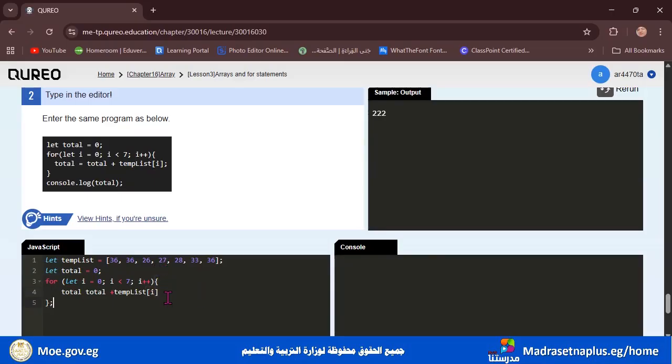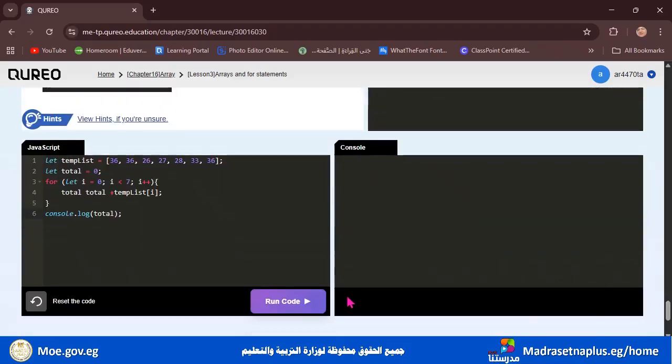And end it with a semicolon. No, not here. So end it with a semicolon, and we will finalize it with what exactly? With console.log. Open the parentheses and write total. End it with a semicolon.